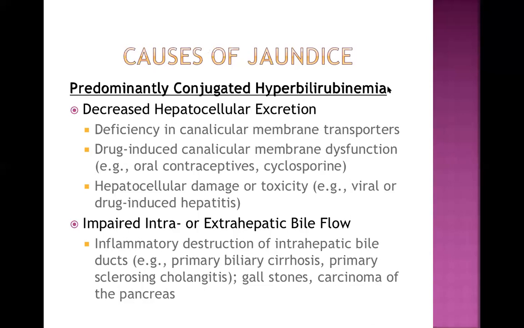They also combine together to form the common hepatic duct, and when this common hepatic duct is fused with the cystic duct, we call it the common bile duct. Now, this common bile duct will go and open into the second part of the duodenum. So this is the complete pathway from the liver till the intestine. Anywhere in this pathway, if there is obstruction or blockage, conjugated hyperbilirubinemia will occur. If you remember it like that, the concept is quite clear.